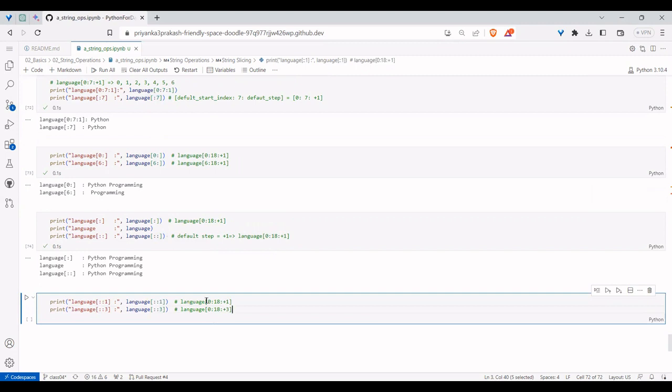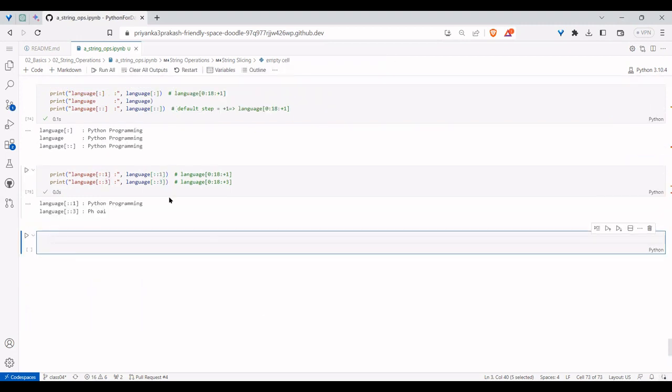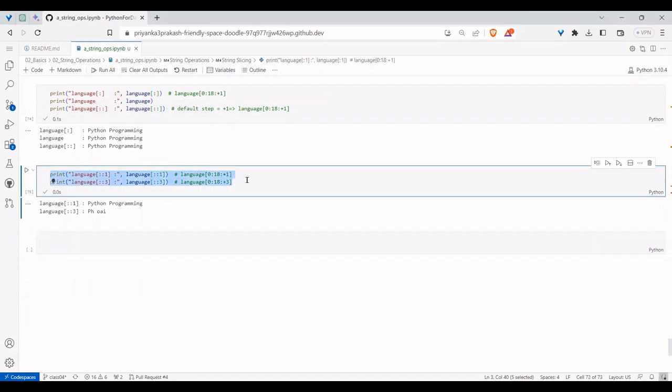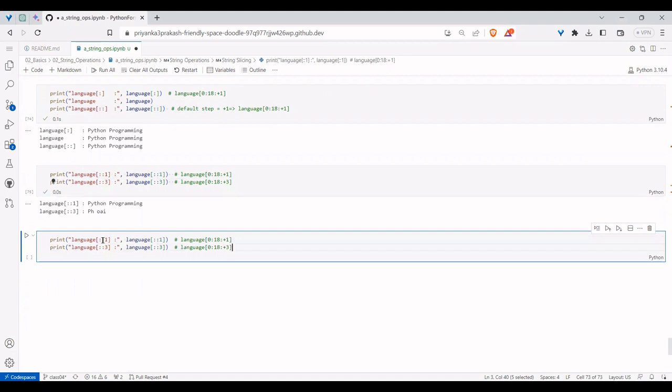The first two values will be defaults. The starting value will be 0. The final index would be the length of the string, not length minus 1. So you get it like this. Similarly, as I told you, if I do the same thing with a single colon, things change. With a single colon, you are mentioning the next value, so here also till 3.